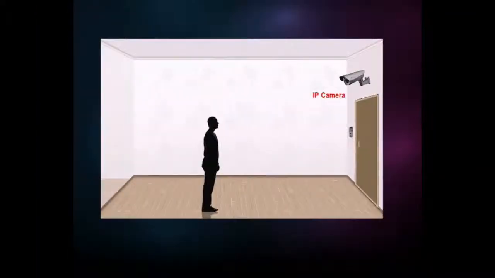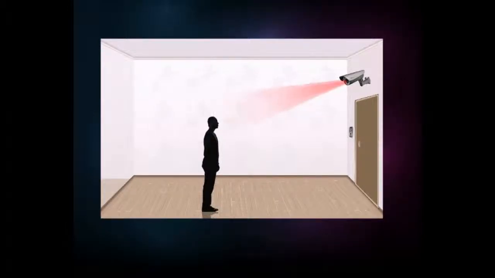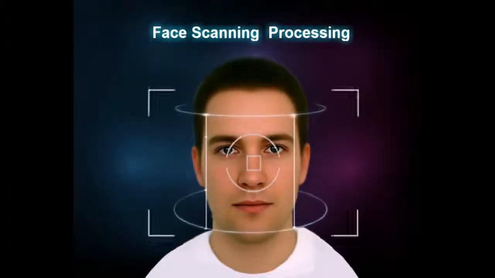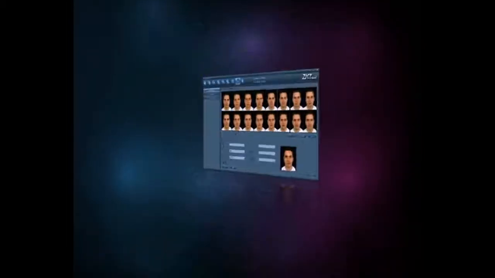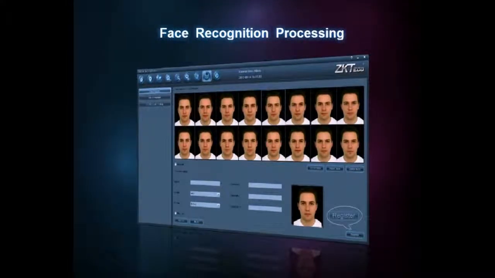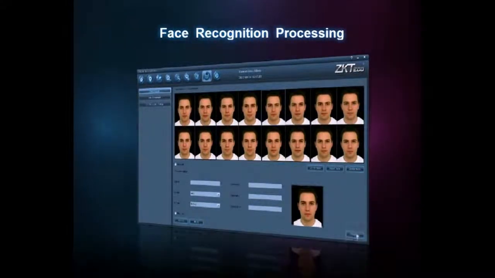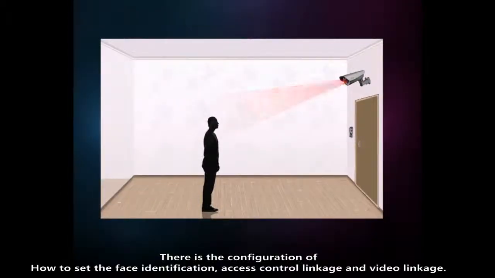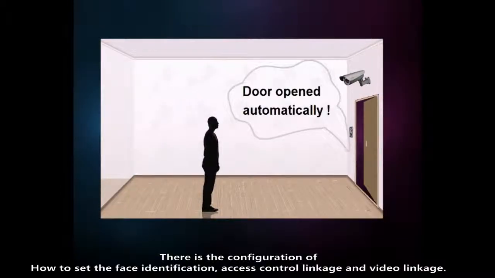ZK-TeCa integrates face identification with surveillance technology, and creates a surveillance system with a face identification function, which is of great value. We enable the camera to have more initiative, and to compare and recognize faces intelligently. Moreover, it can realize alarm linkage and access control linkage accordingly. The intellectualized camera makes security work easier.